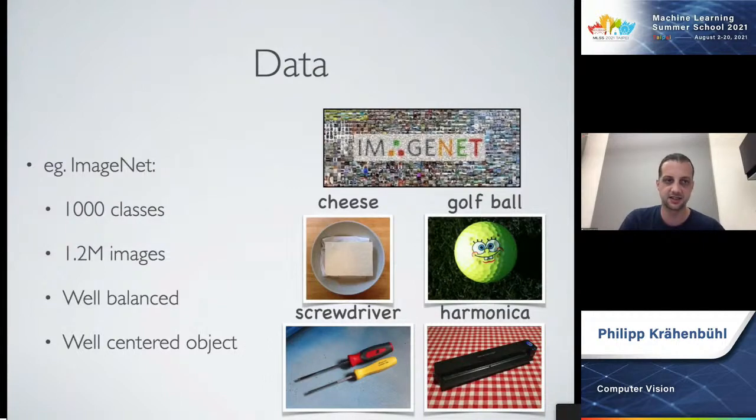It actually has 21,000 classes, but 1,000 classes are commonly used to train. That's 1.2 million images. It is very well created and very well balanced. Almost every class has the same number of images, and they're very nice, simple images, just an image of one object. That's the gold standard data set that people train on.